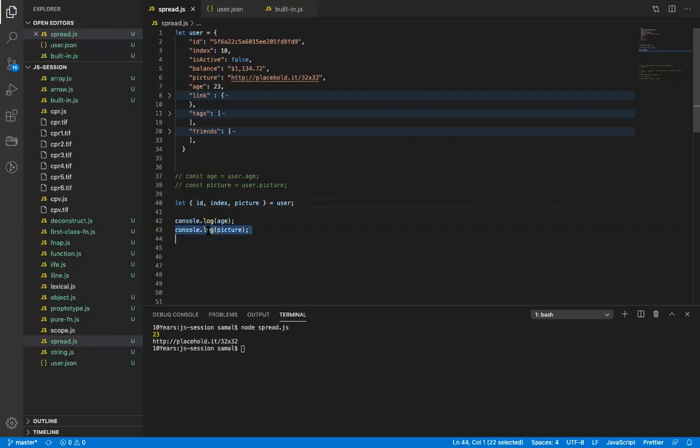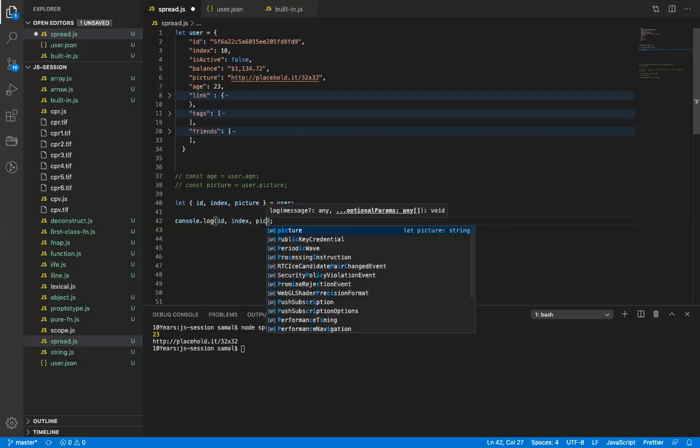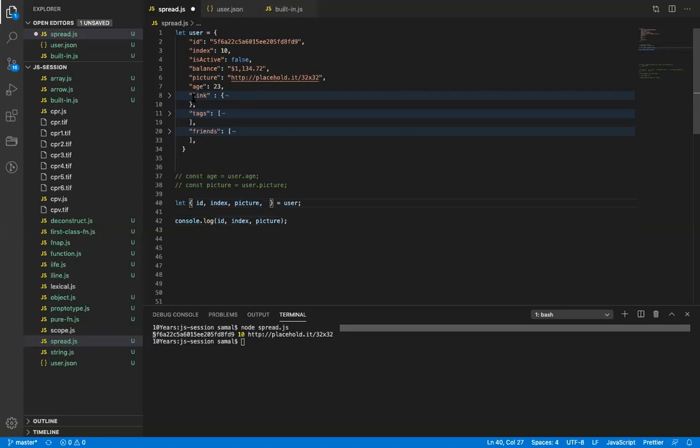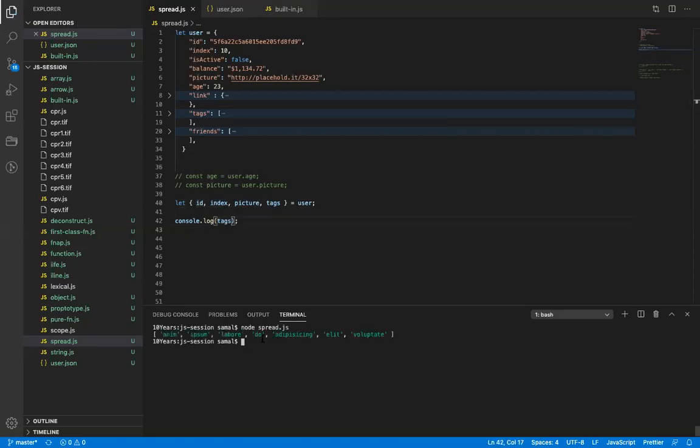Okay, so now if I run this, again same way, if I run this id, index, and picture, you will still get the same value. Okay, this way. But again, for non-primitives the same principle applies. Okay, if I do this and print this now, you will see animal, right?